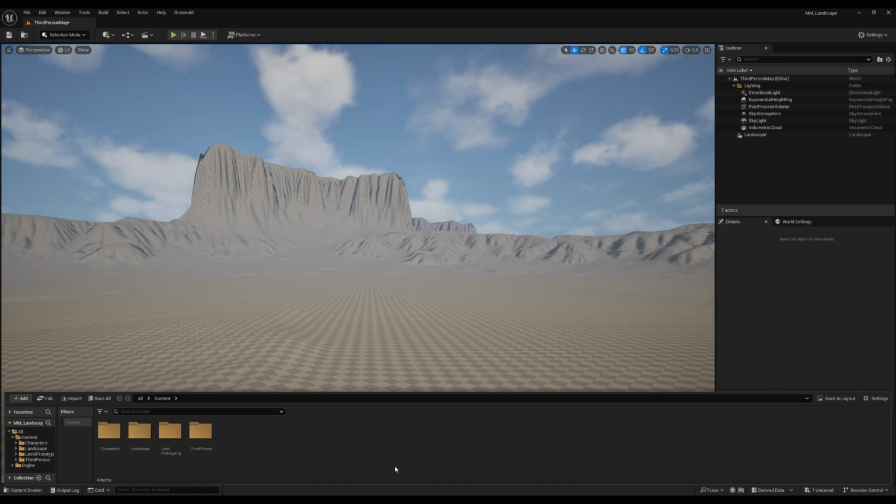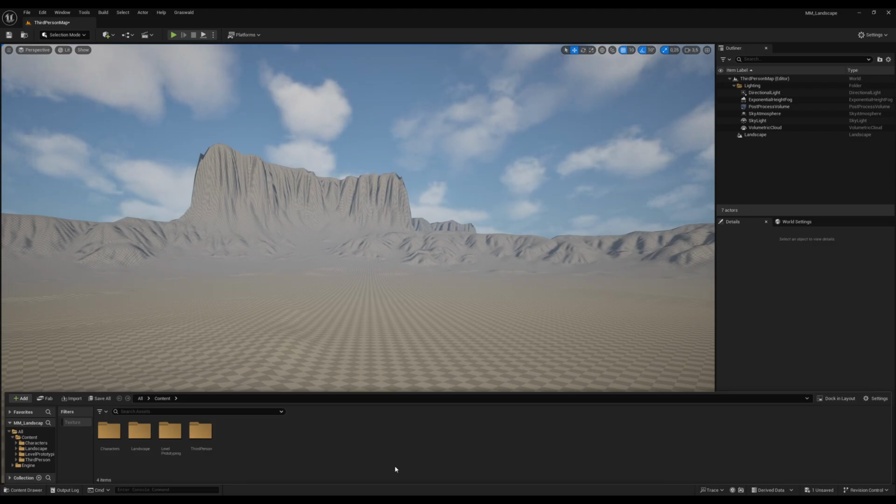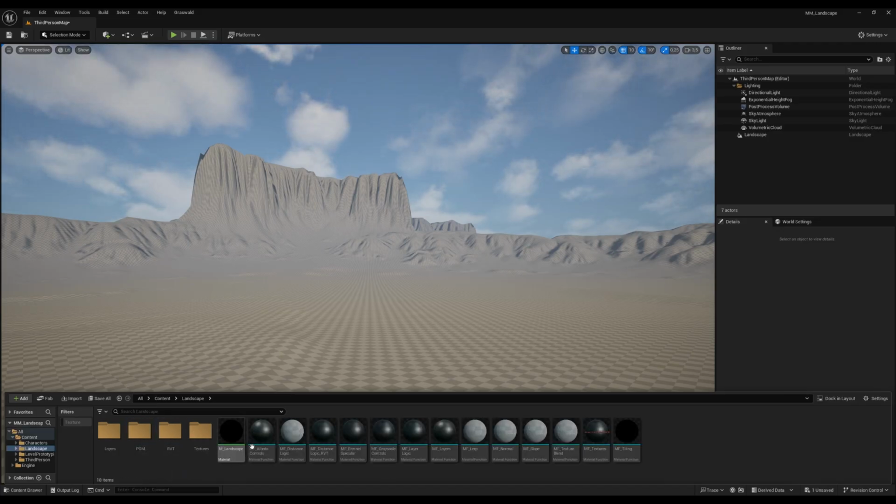Hey guys, in this video I would like to show you my landscape master material, which has all the functions you need from RVT, parallax occlusion mapping, parallax occlusion with light vector, tiling, distance blend, several material layers, automatic slope function, and much more. So I just created a fresh new project and I just migrated my landscape material, and